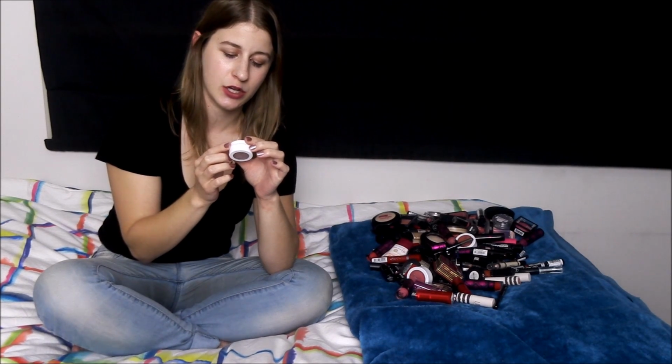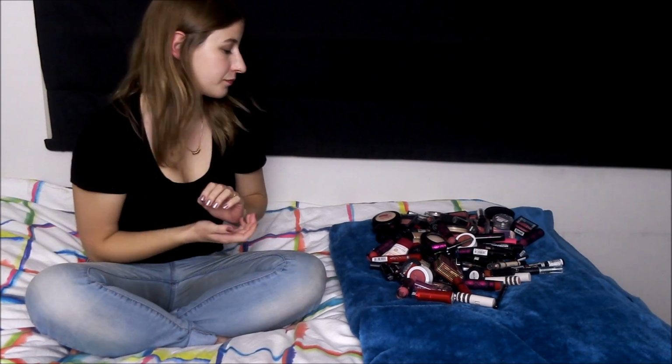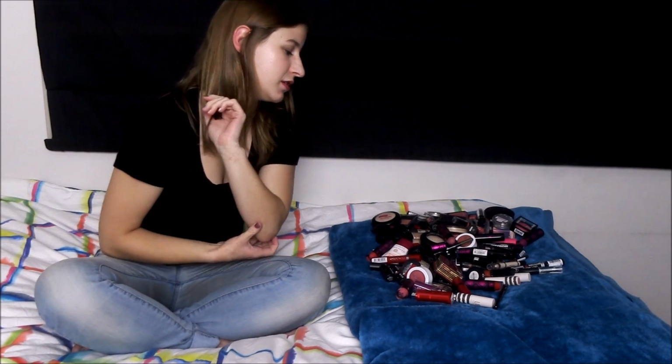I have this one from Colourpop. This is the Super Shock Shadow in Hanky Panky. This is one of the matte shades. This is the perfect crease color for me. It's just a mid-tone brown, and because it's matte I can use it as a transition color, as a crease color. I'm definitely keeping this, and I do want more of the Colourpop shadows as well because I've heard that